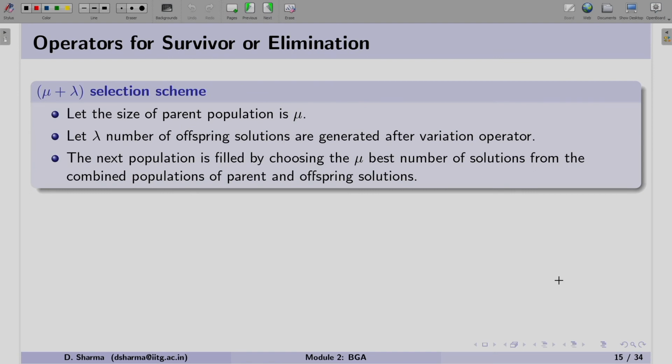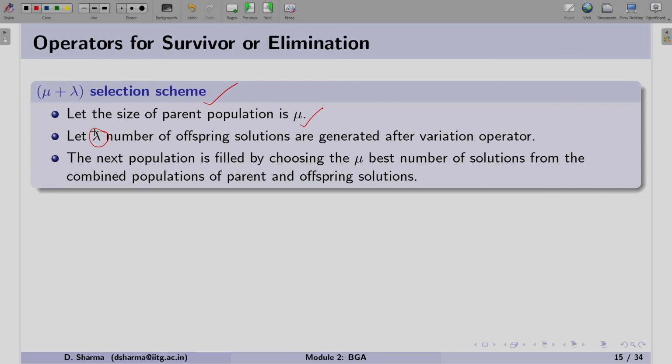We have operators for survival or elimination. We discussed the mu plus lambda selection scheme. It was easy to implement. In this selection scheme, we have mu number of parent population, and after performing the variation operator, we created lambda number of offspring solutions.